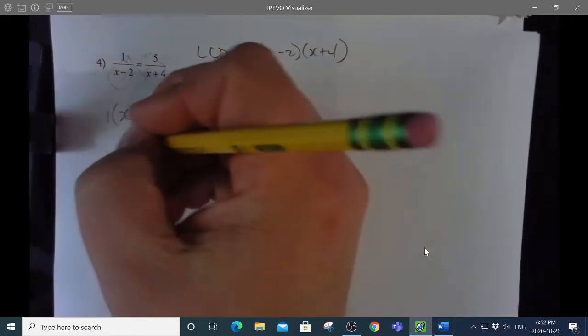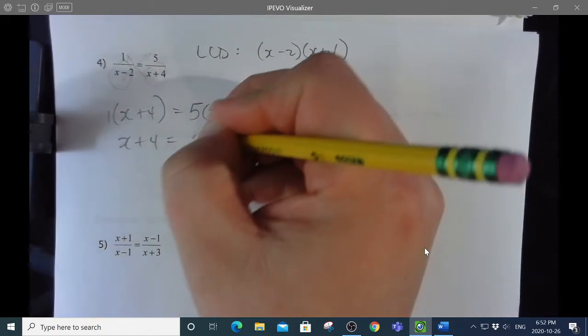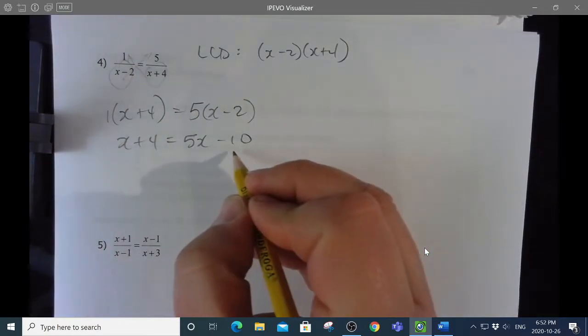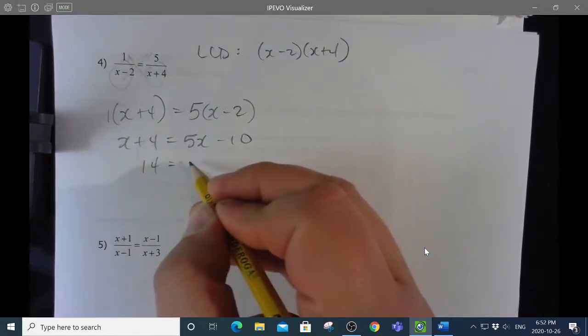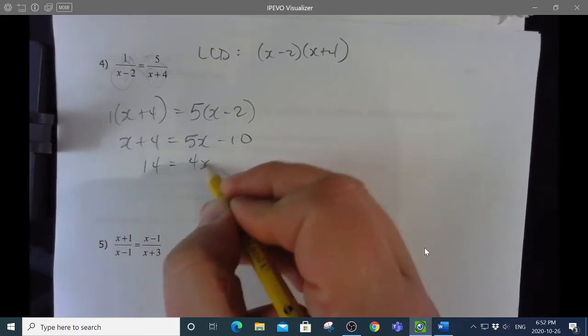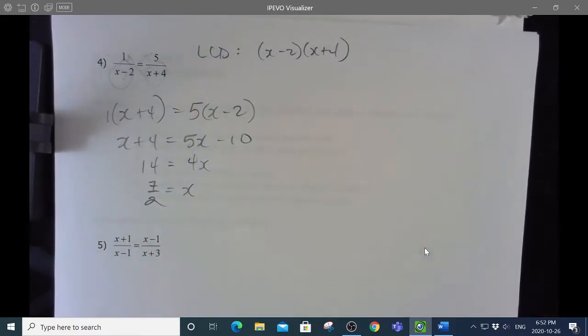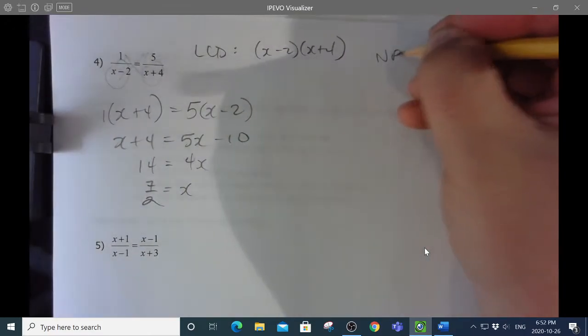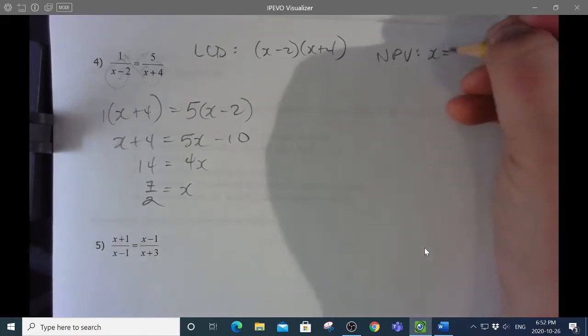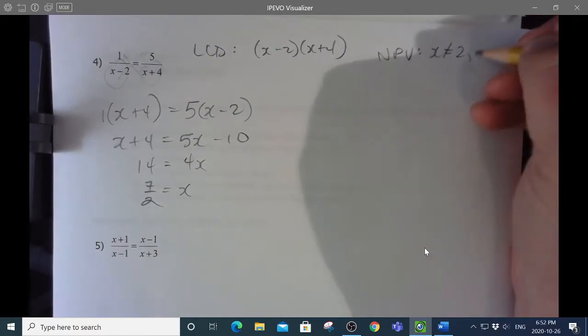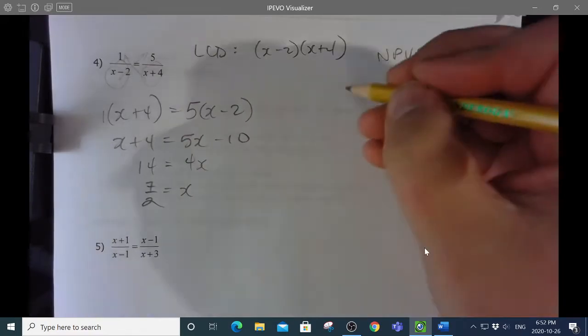So that's x plus 4 is equal to 5x minus 10. I'll move the x's to the right and the constants to the left. So 14 is equal to 4x. So x is equal to 7 halves, because that's 14 divided by 4. My non-permissible values are x can't be 2 and -4. And my verify